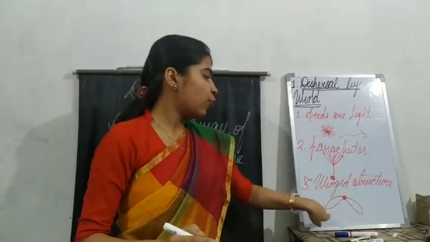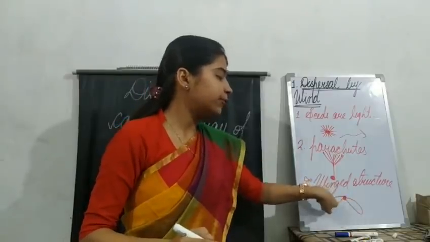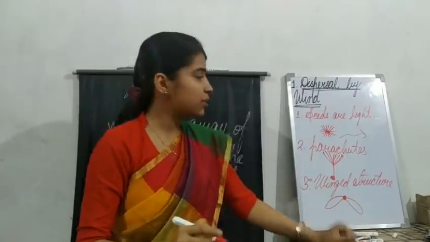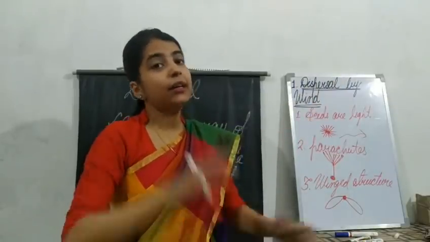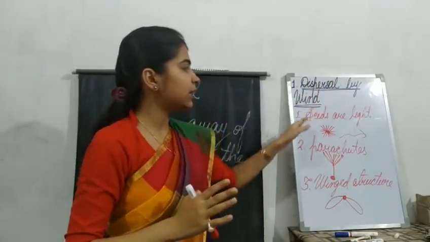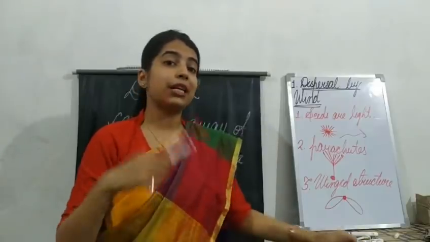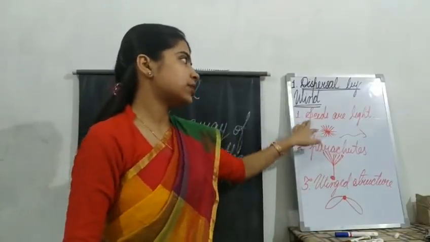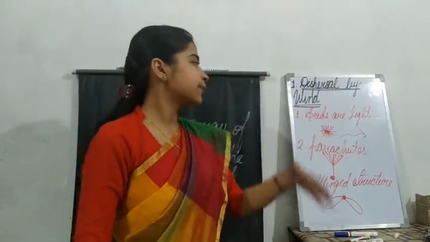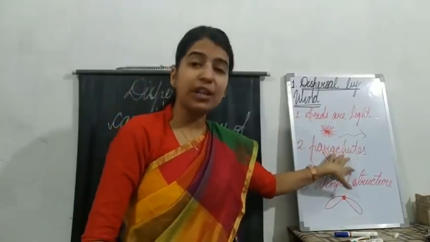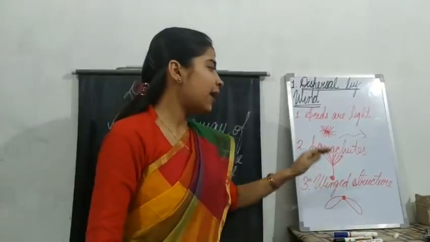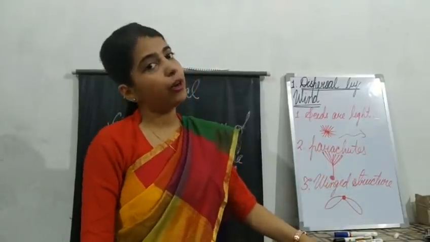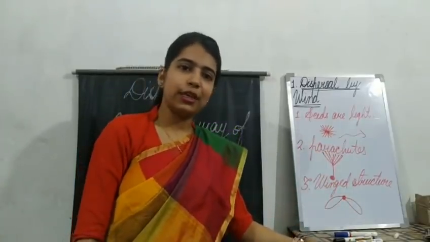wing. So, what happens? This feature of the sycamore seeds also helps it to fly and fall at a new place. Okay, so these are the three features of the seeds which are dispersed by wind. That is, first of all, the seeds need to be very light. Then some seeds have parachute-like structure, like that of a dandelion. And some have wing structure, like that of a sycamore. Is it clear to you all?